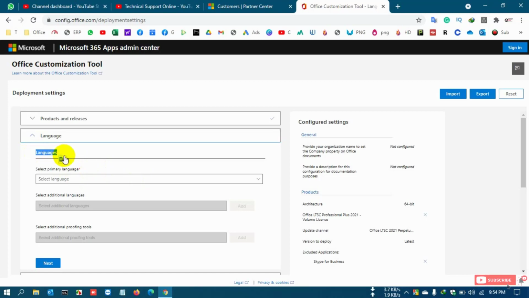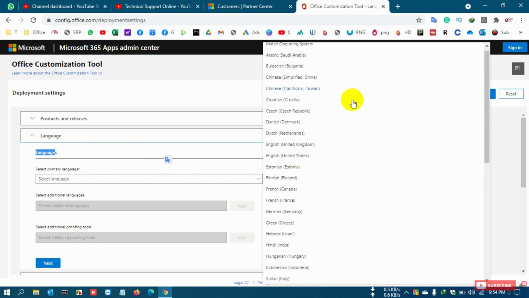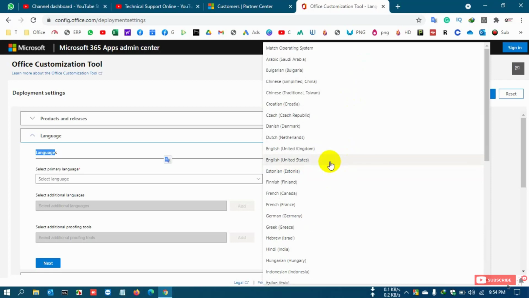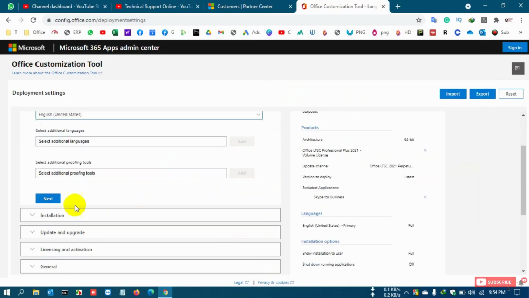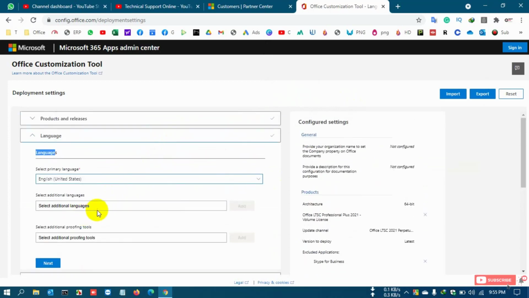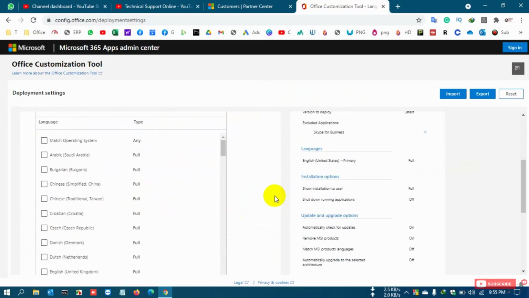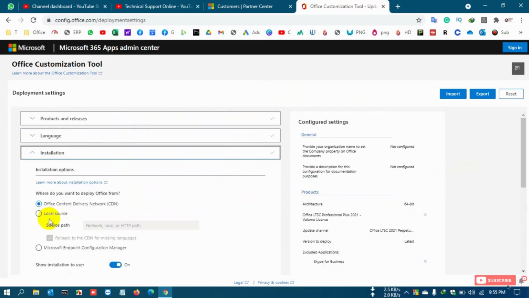After next you can see here the language. This shows which language you want to install. Different people select different languages. Actually we are supported in English, so we can select English. United States, you can choose United Kingdom or many more. So I select United States. And the option below, you can choose or select default. I select default. So next.